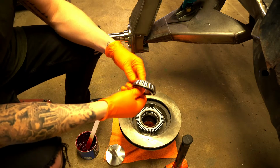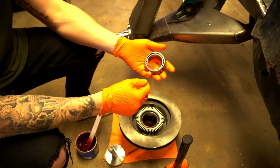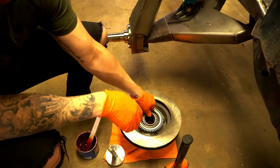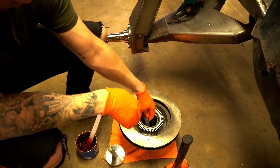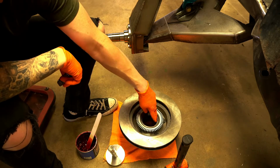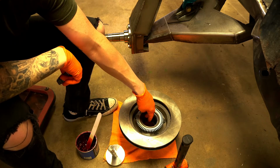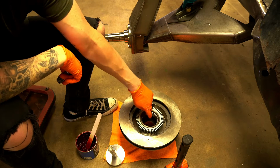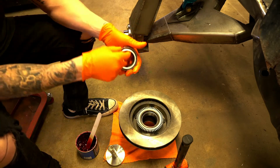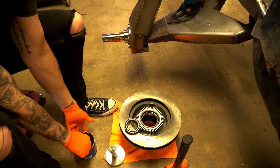All right, boys. So first thing we need to do is we take the bigger of the two bearings. This bearing sits right inside here. And like I said, this is an aftermarket hub and rotor, so it has the race built into it. A lot of the factory ones, you have to press this race in yourself, so it's kind of nice having that. So then what we want to do, I'll take a big chunk of grease